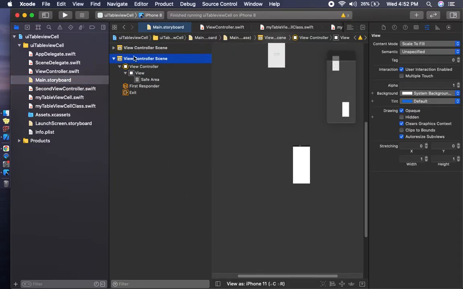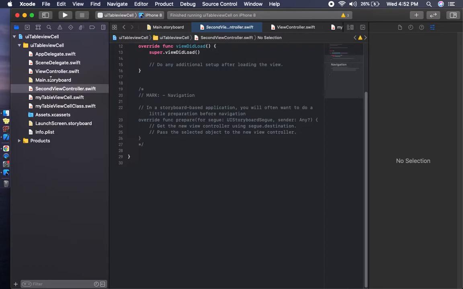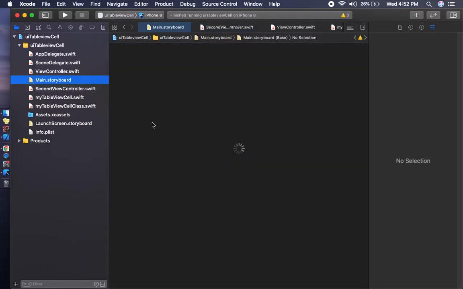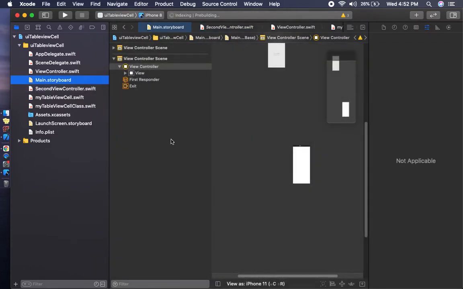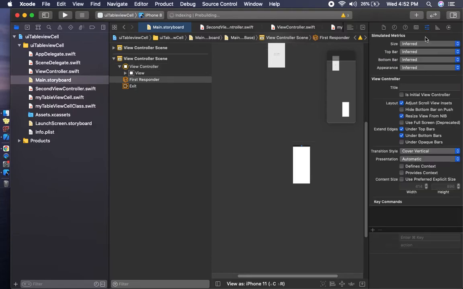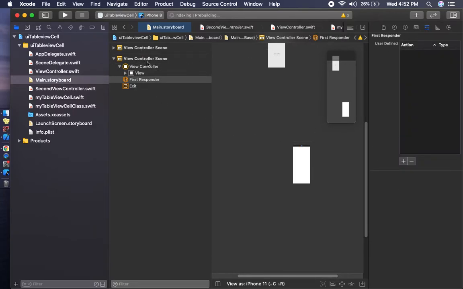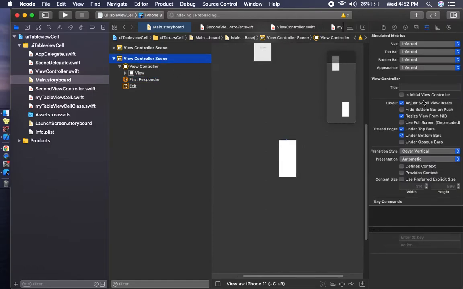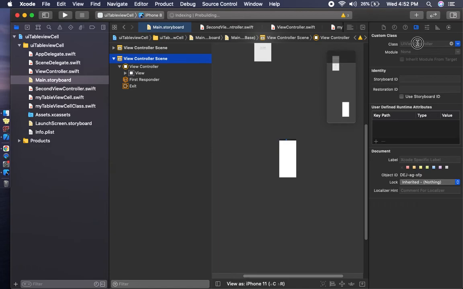We have to mention a class name for the view controller, and I am giving the class name SecondViewController.